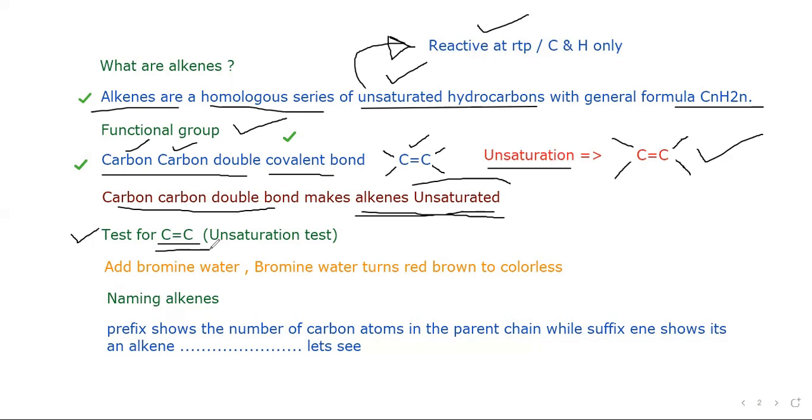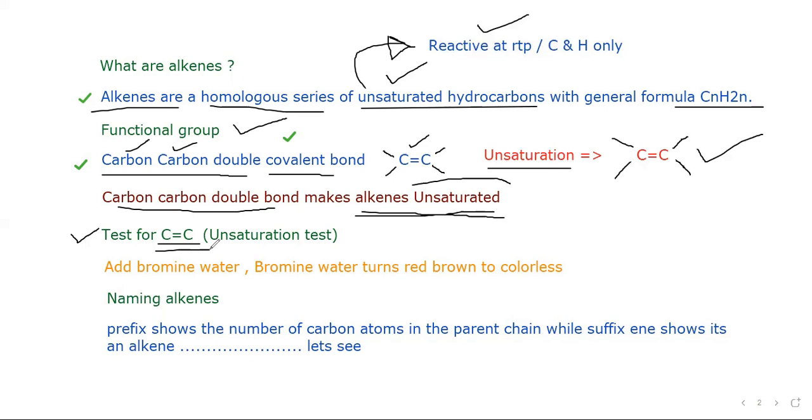you need to react that compound with bromine water, or aqueous bromine, you can call it. It will turn from red-brown to colorless. Or you can say that the red-brown color of aqueous bromine fades. Or you can write that the orange color, the examiner also accepts the orange color